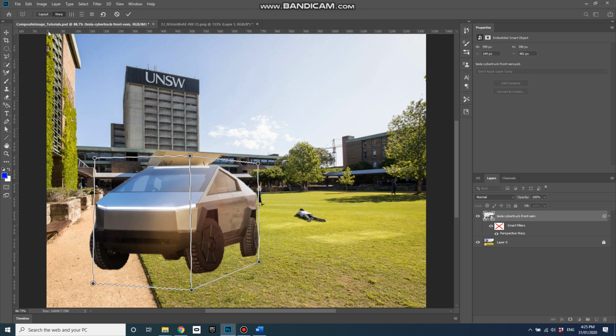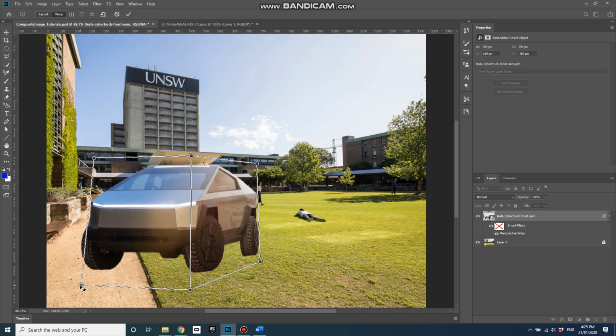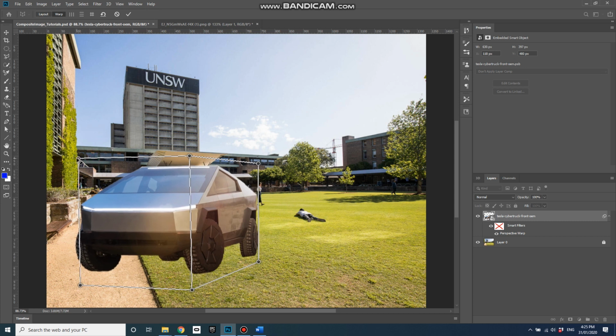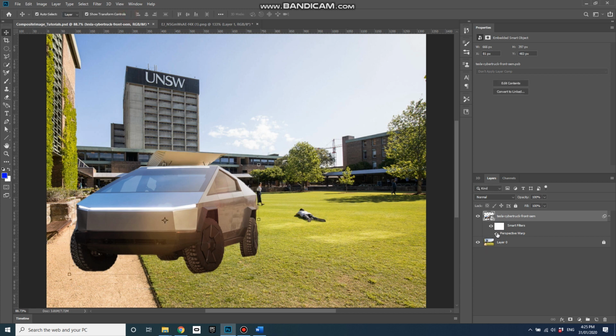I could redo the layout, I guess, as well. But what I'll do is I'll just give it a bit more width. There we go, accept that. And now if I turn that,